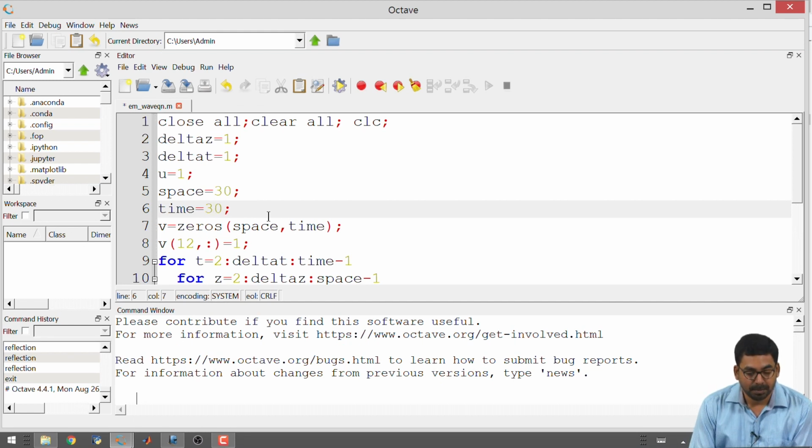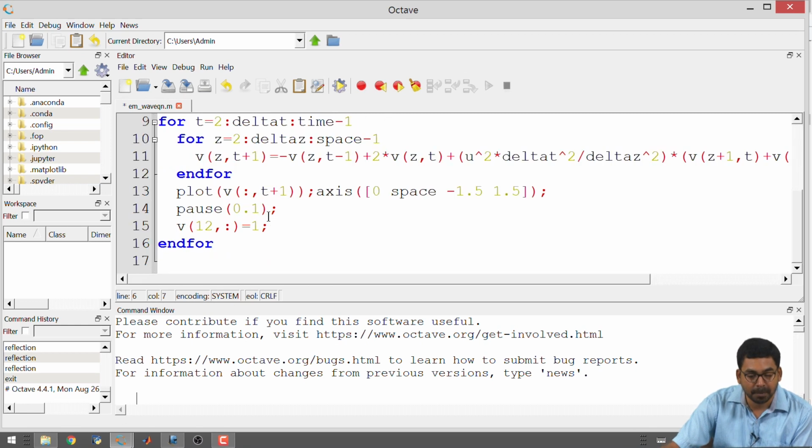I am having the space to be 30 units, time to be 30 units. First of all, I am not making use of any absolute numbers. For example, I am not saying this is 30 micrometers or 30 nanometers, 30 meters, etc. These are 30 units. So, what we are doing here is writing this in some dimensionless space. If you consider the velocity to be equal to 1, then in 30 units of time it will travel 30 units of space, that is all. It is easier for us to think in this way, so we continue to do that.